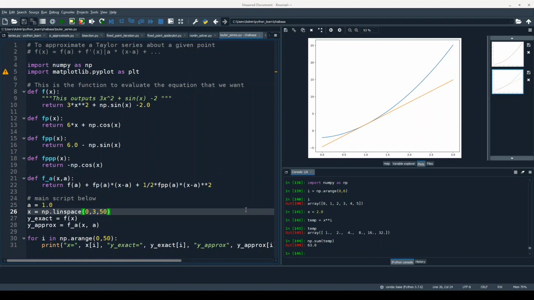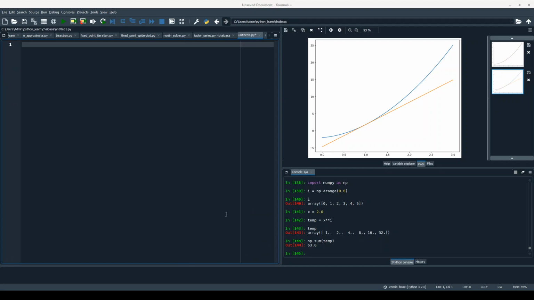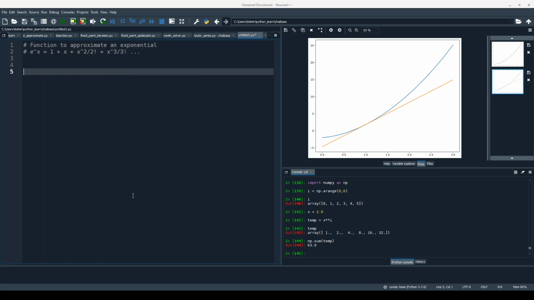Let us make a new file. So before starting the file, it is good habit to write down the purpose of the file. e to the power x is 1 plus x square by 2 factorial plus x cube by 3 factorial and so on, right? Okay, so